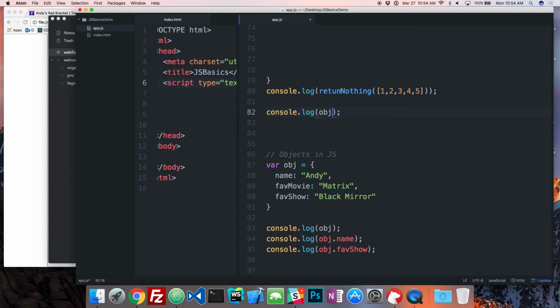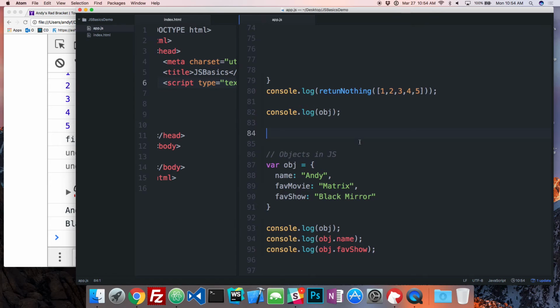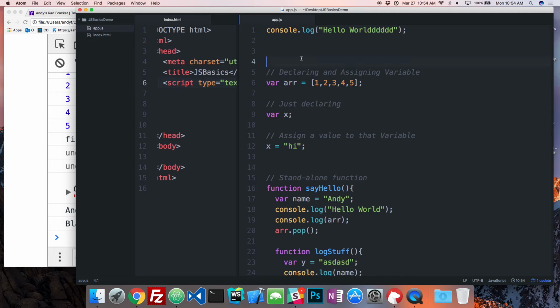Let's say object here. What do you think is going to happen if I run this? It's going to be undefined. Well, let's take a look. Line 82. Undefined. Line 82. Well, let's take a look at this.